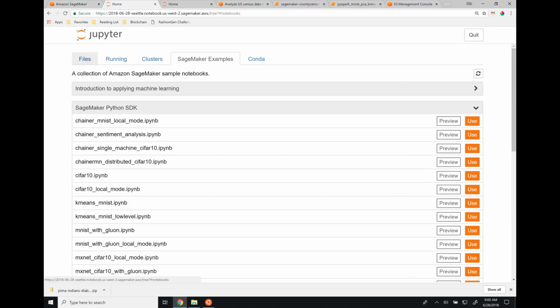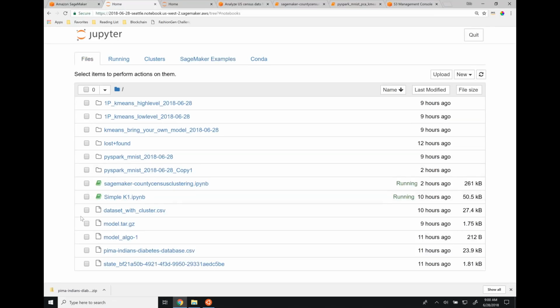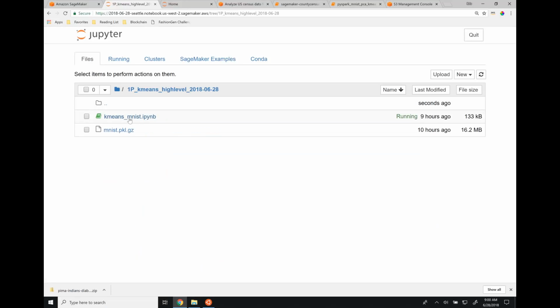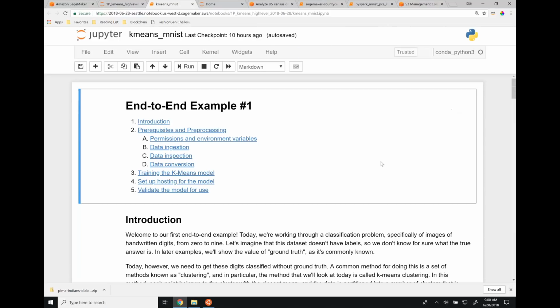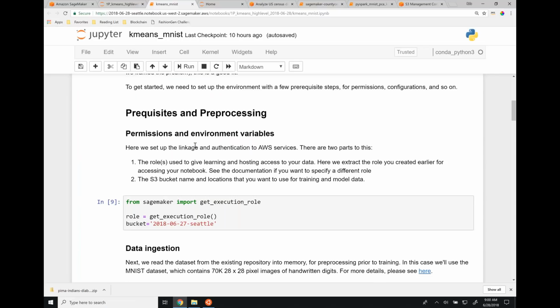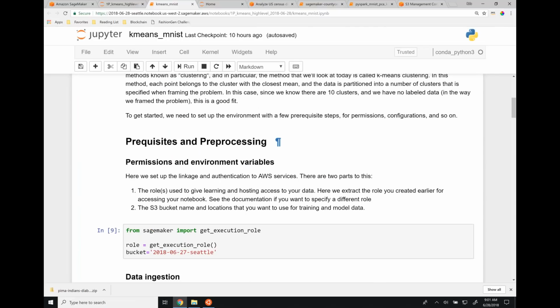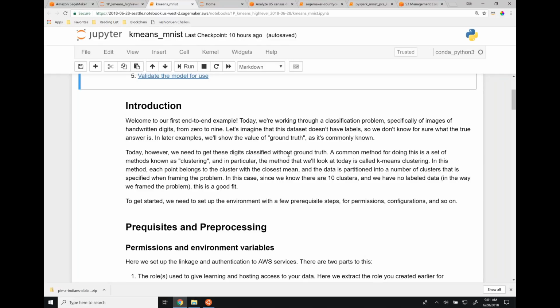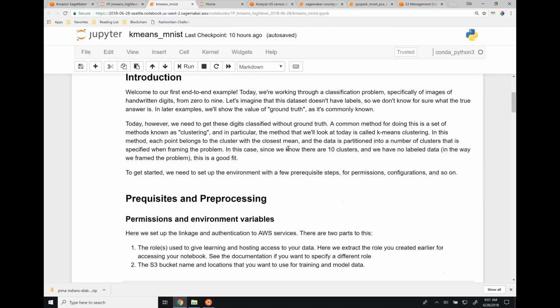So I'm going to go back to my file browser, and I'm going to click on this, which I did start earlier. Actually, here's the notebook that I actually started. It's Kmeans MNIST. This is a really simple example of using Kmeans to do exactly the case that I described before, where you're